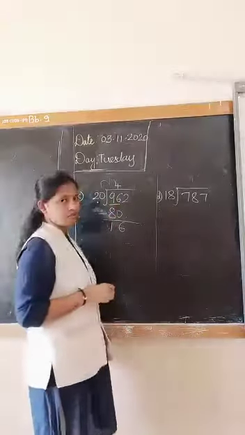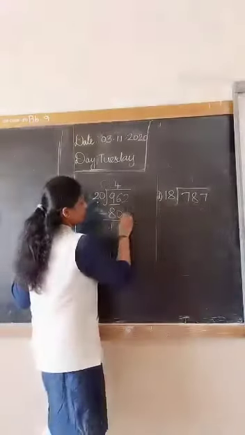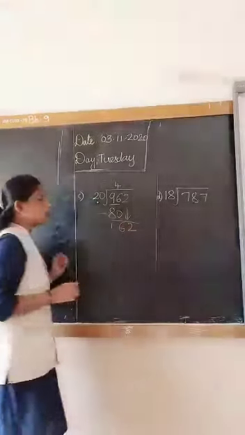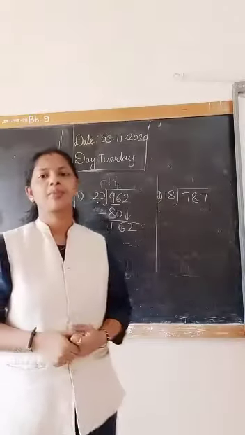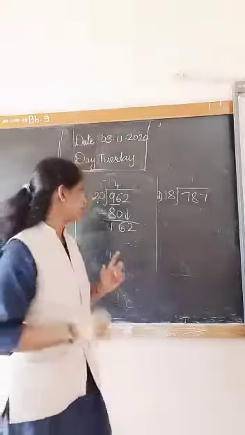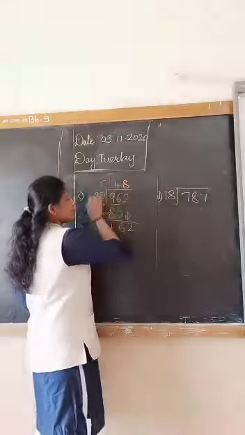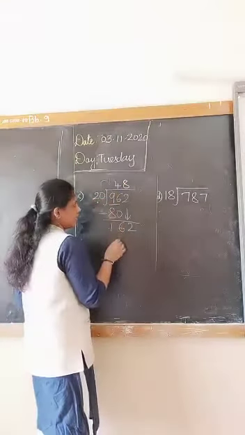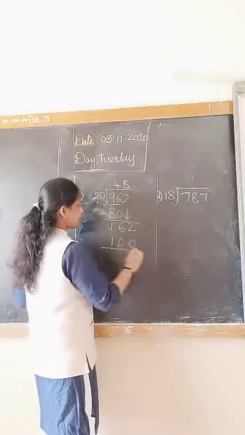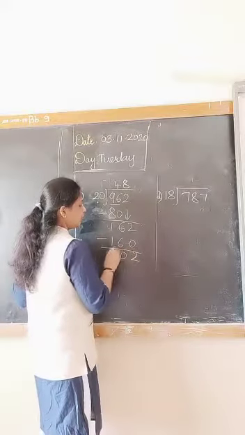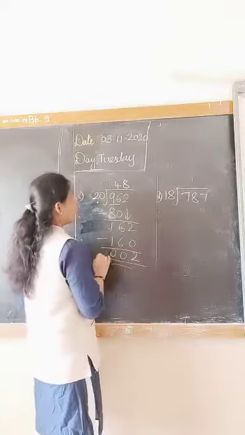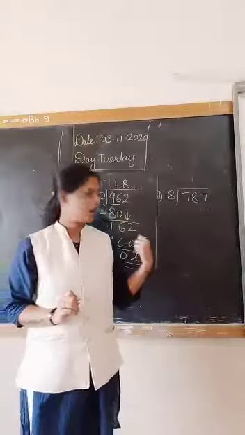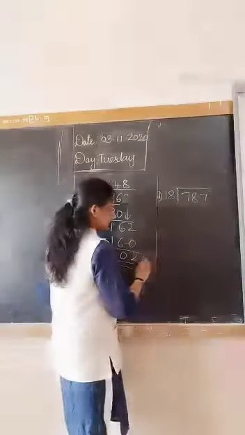So it's 16, right? So take the next number down, that is 2, making 162. 20 times 8 is 160. Okay, because 2 eights are 16, no? So 20 eights are 160. And if you subtract it, 2 will be the remainder and 48 is the quotient. So I hope you have done this correctly. Later you can check now.